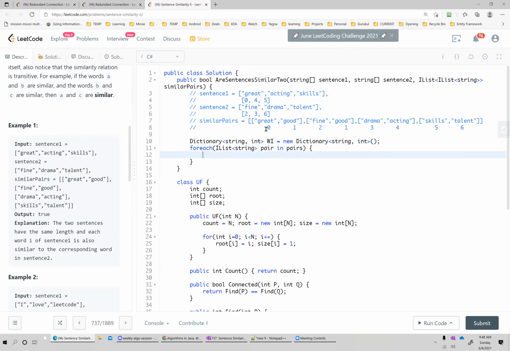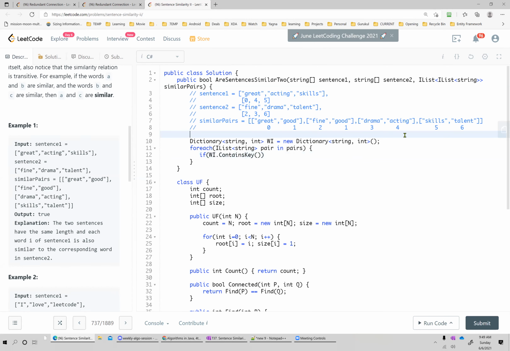So what I want to do is that I want to add a word into the dictionary. And once I add into the dictionary, basically it will have some index, right? If it is not already present. So I am going to check if the word is already there or not, right? So if word index dot contains key. Also, we would want to initialize the integer like an index or something to 0 and then increment it. So here's the thing, right? List. So list in C# is basically. Oh, sorry. Oh, C#, I see. Yes, you are correct.